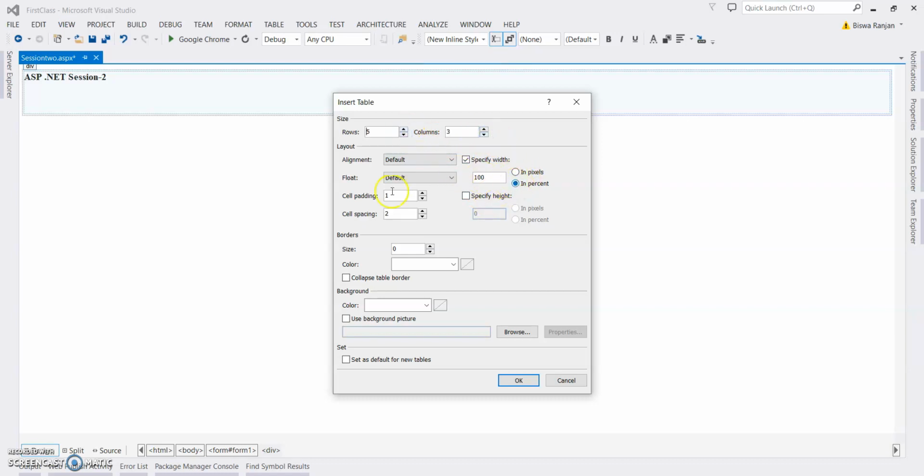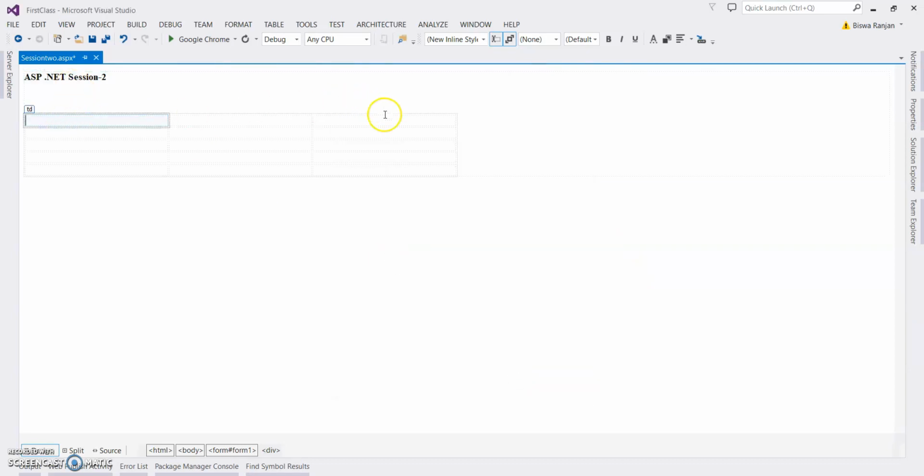You can give 100%, so it will come with 100% width. I'm giving 50%. So click on OK. You can find the HTML table has been added. So here we can do our design now. This is the basics of an ASP.NET table. In future we are going to learn how we can add div-related layouts.